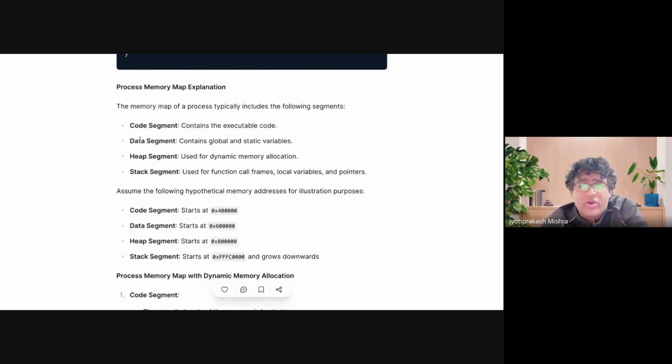तो एक प्रोसेस जब मेमोरी में लोड होता है और चलता है, तो उसमें बहुत सारे सेगमेंट्स होते हैं। कोड, जहाँ पे तुम्हारा जो कंपाइल्ड कोड है, मशीन लैंग्वेज के जो इंस्ट्रक्शंस हैं, वो सारे उसमें स्टोर होते हैं, एग्जीक्यूटेबल कोड। डेटा सेगमेंट में क्या होता है, जो ग्लोबल वेरिएबल्स हैं, जो कोई फंक्शन के बाहर लिखते हो, स्टैटिक वेरिएबल्स हैं, भले मैंने सी में तुमको पढ़ाया नहीं था, स्टैटिक वेरिएबल्स इतना यूज नहीं होता। स्टैटिक वेरिएबल्स कभी मिटते नहीं हैं, वो स्टैक में स्टोर नहीं होते, वो डेटा सेगमेंट में स्टोर होते हैं। हालांकि वो फंक्शन के अंदर डिक्लेयर होते हैं, लेकिन उनका वैल्यू कभी उड़ाया नहीं जाता, वो हमेशा रहता है। ठीक है।